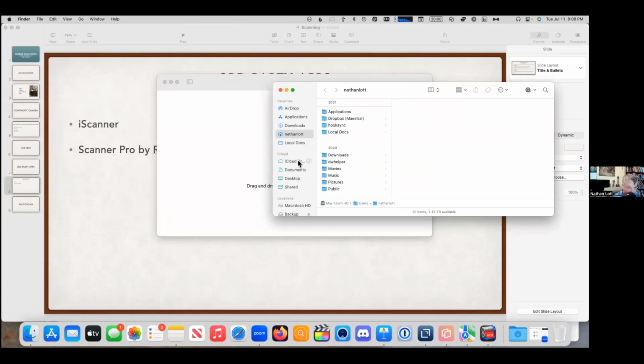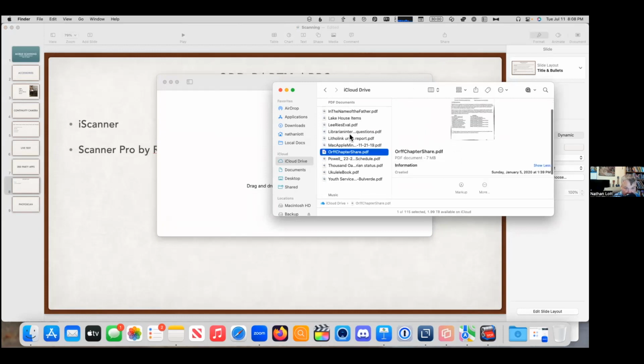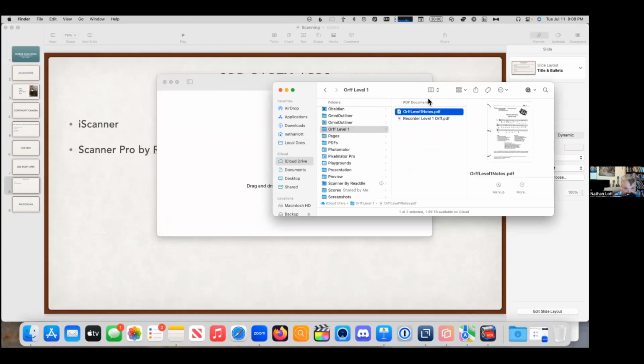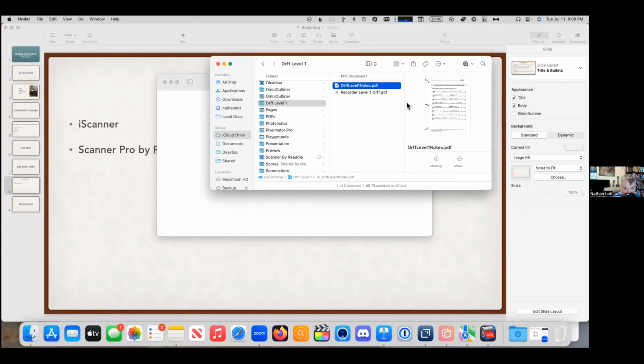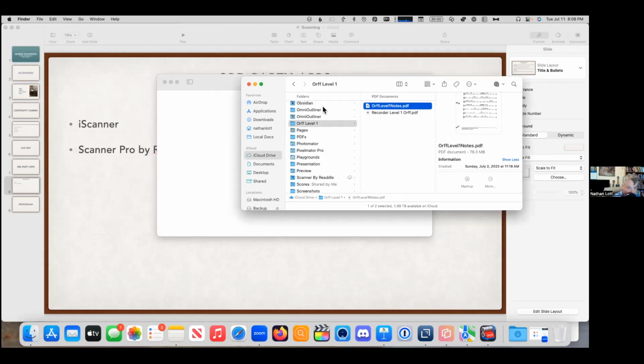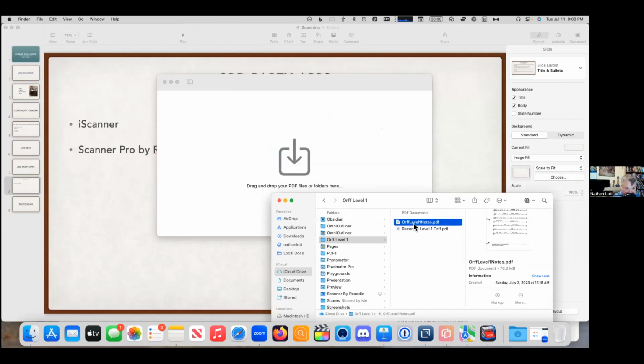So I'll go into iCloud Drive and let's do some of that. Let's see. This is a big one. It's 76 megabytes. And if I drop it into PDF Squeezer,